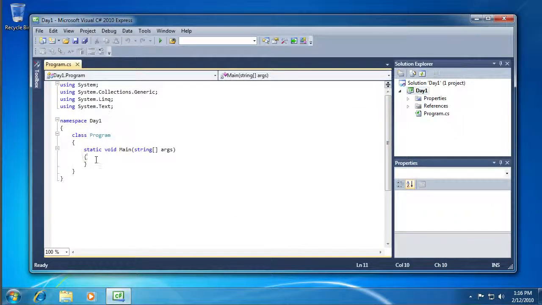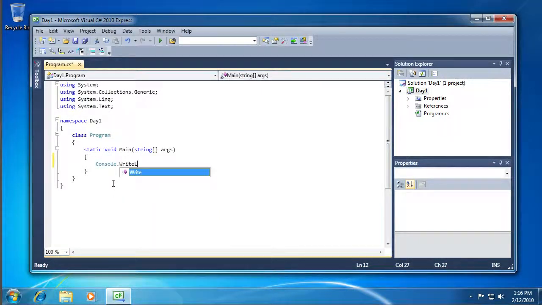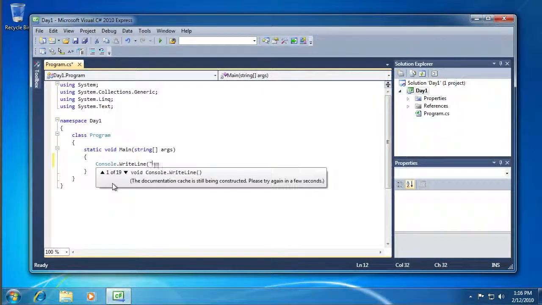Alright, and right here underneath this curly brace near the static void Main, open and close curly brace, I'm going to type a line of code. Console.WriteLine("Hello World");